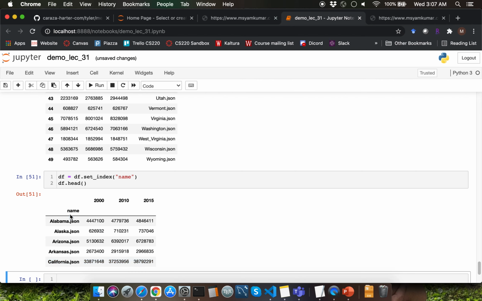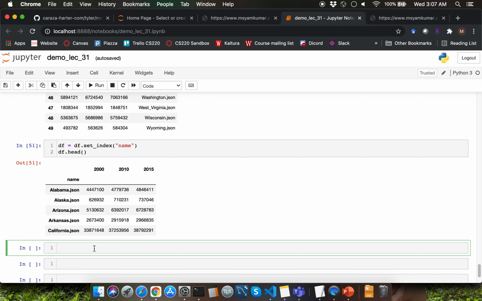Observe that now we have been able to set the row index as the proper names of the various state JSON files. Let's go ahead and learn how to invoke the sum function on data frame df here. I can do that by typing df.sum().